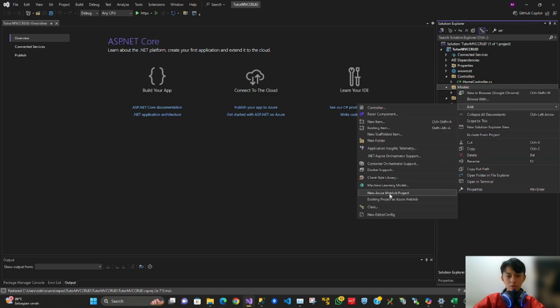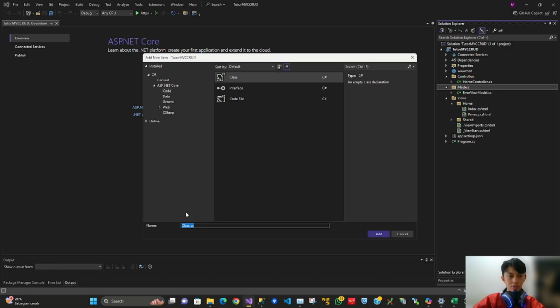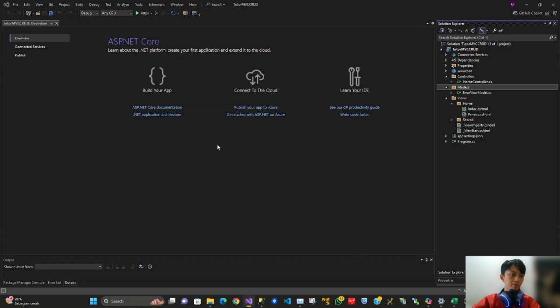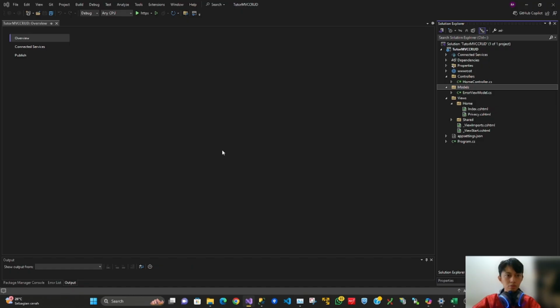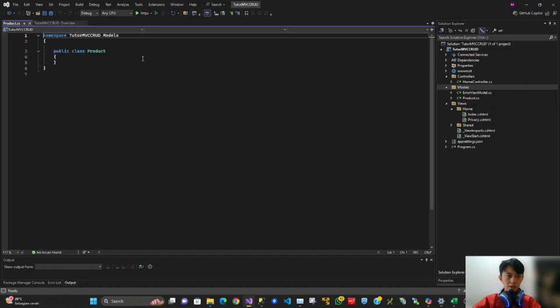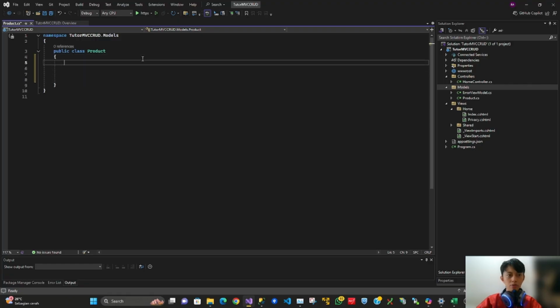Let's create the model first. Name it. And then let's determine every field that we want to have.